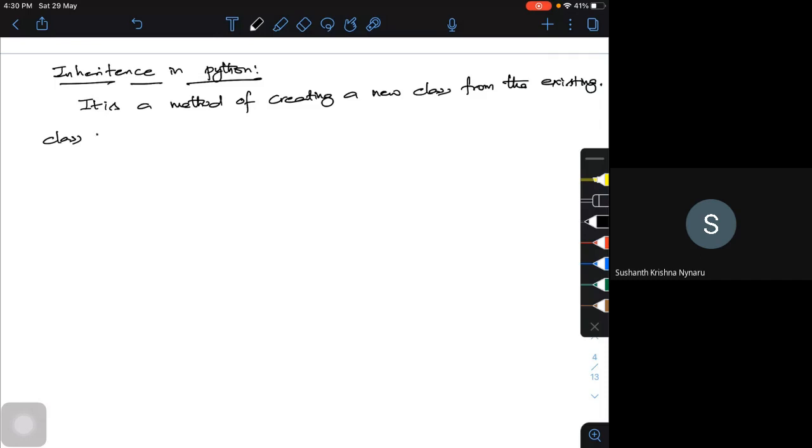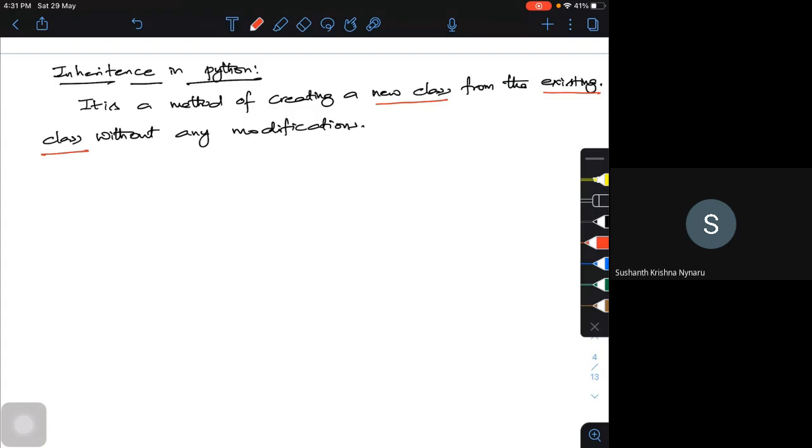Without any modifications to it. This is called inheritance. Now I am going to create a new class from the existing class.